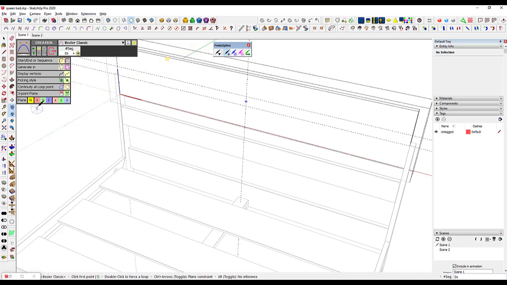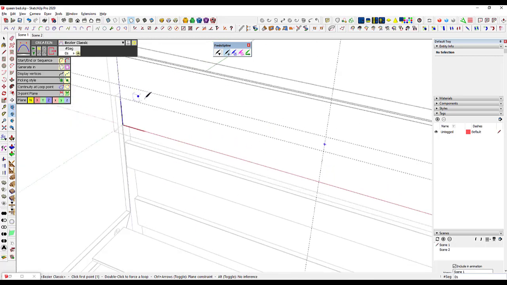You can also choose to generate the curve inside a group or not in a group or a component. It's going to just be in the current context. And there's a bunch of other things about how you can change things. The other thing that's really nice is the ability to set a plane that the curve will be drawn in. So some people have trouble keeping Bezier curves on plane when they're modeling, and this gives you that option. I'm not going to use those here because I don't really need to, since I've got the face